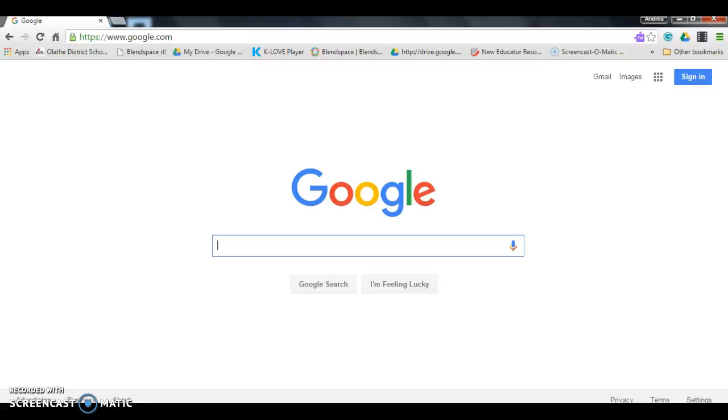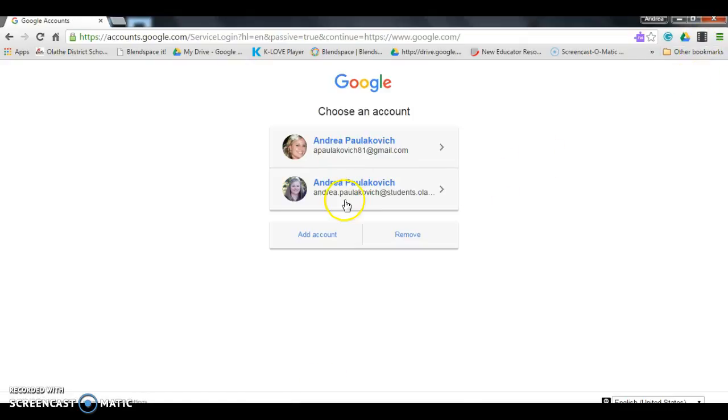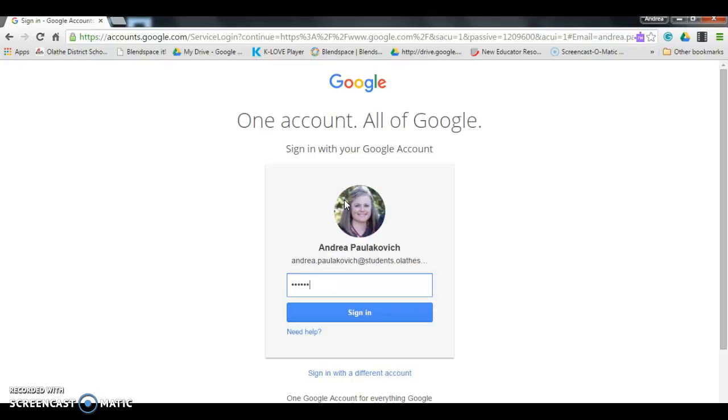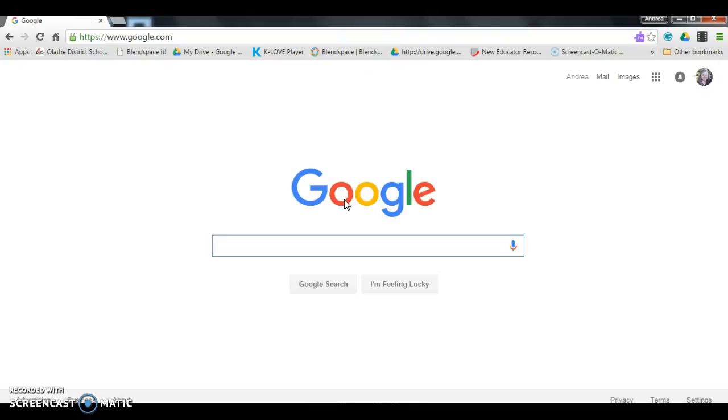Okay, you should have opened www.google.com, and we're going to use that to sign into our Google Drive. So go ahead and right-click on Sign In in the upper right-hand corner. Use your Google Classroom account to sign in. Once you've signed in, you're going to go ahead and click on the Apps button in the upper right-hand corner